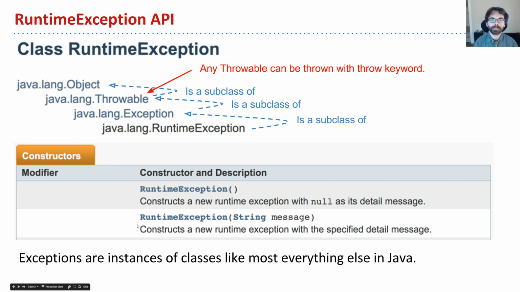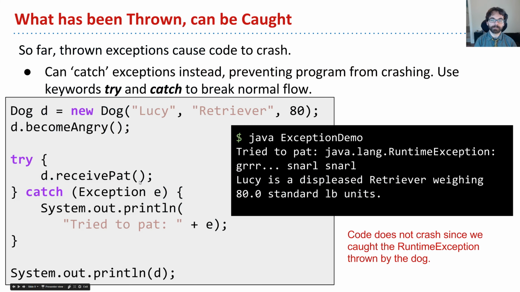And once it's thrown, then something interesting happens. So what we've seen, as I mentioned a moment ago, is that usually a program just crashes, but you can actually also catch an exception. And this is a concept you may have seen in another language, or maybe not. So basically what catching does is it prevents the program from crashing when it's running. So suppose I create a new dog named Lucy, who's a retriever weighing 80 pounds. So maybe Lucy becomes angry, and then if we try to pet the dog, that is, Lucy receives a pat, if she's upset, she'll throw an exception and say, I don't want to get touched. But rather than letting the program crash, we'll actually catch that exception and print it out